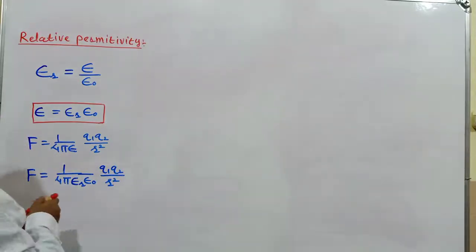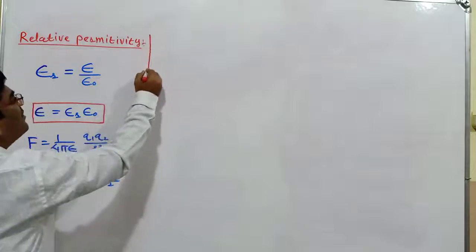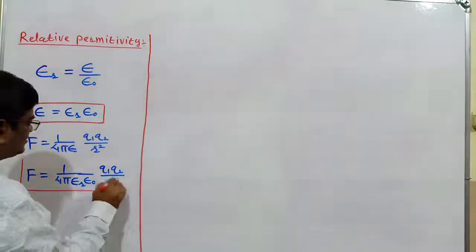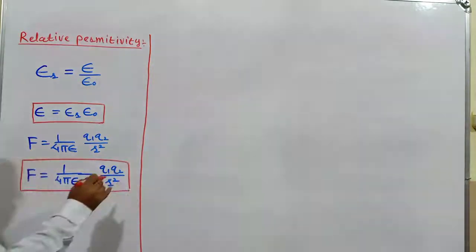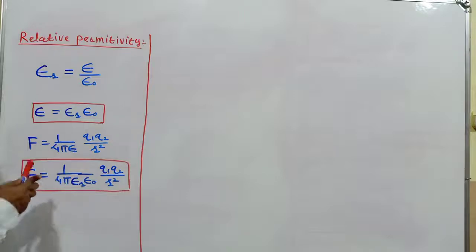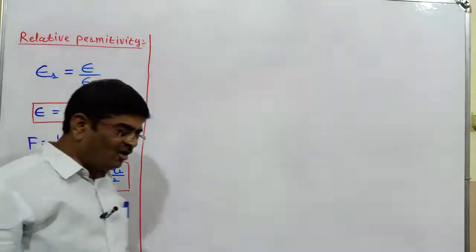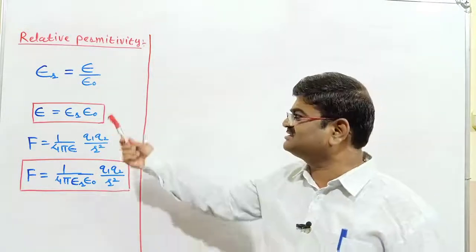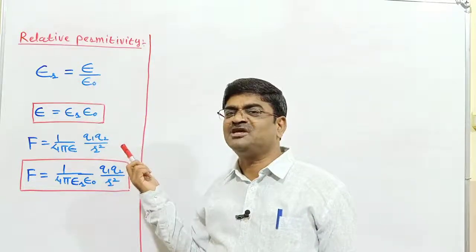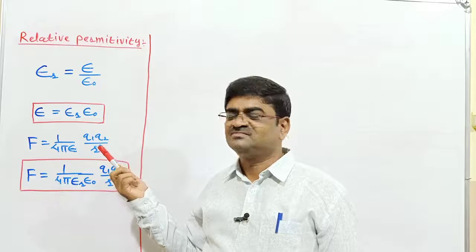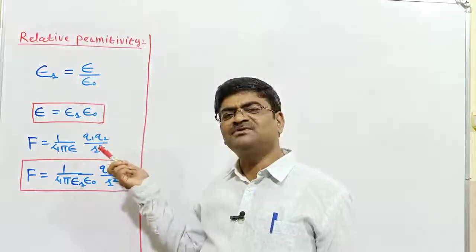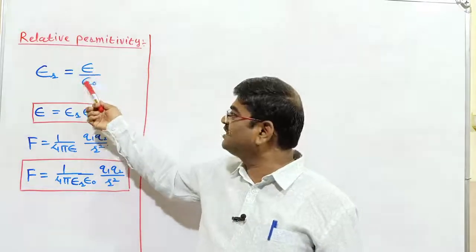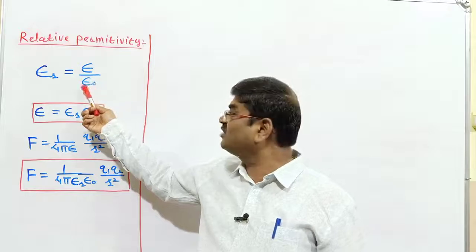So what have I done? I have written the permittivity of that given media in terms of relative permittivity. That's it, nothing else. Now going back, if I ask you the unit or dimensions of relative permittivity, you don't have any unit. It simply represents the ratio of the same two physical quantities, like permittivity by permittivity. Only thing, this is just permittivity and absolute permittivity, specified for vacuum or air, you can say.